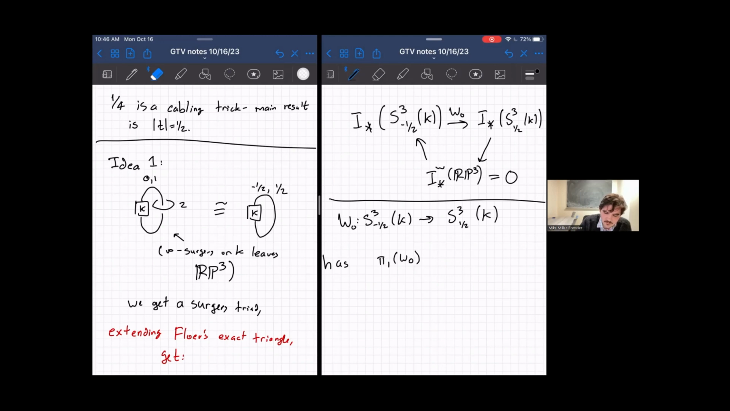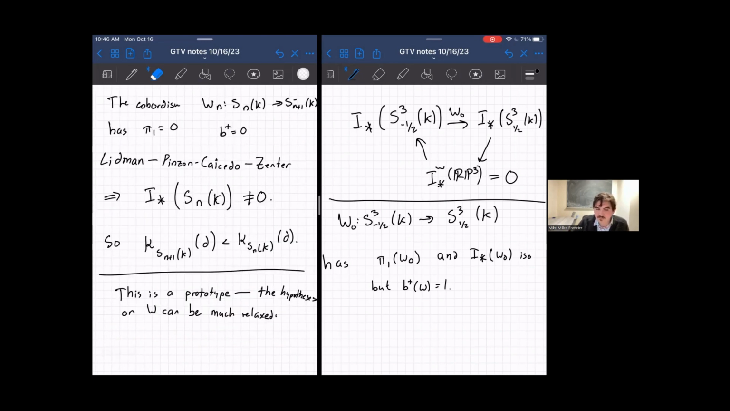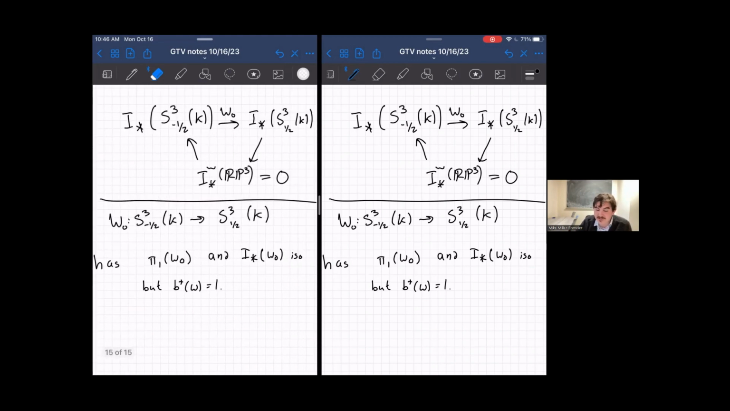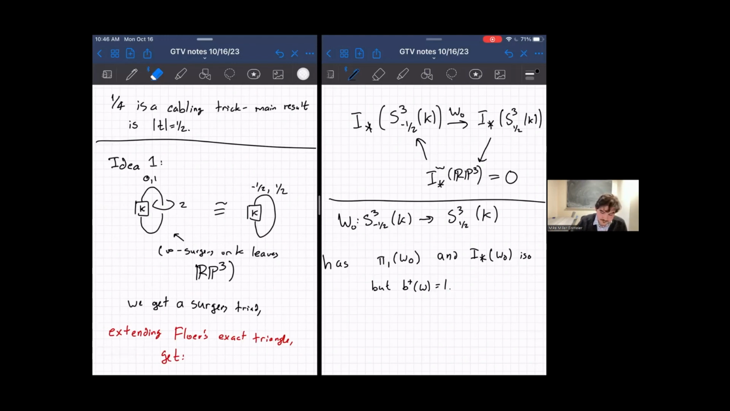It's simply connected. I star of W naught is an isomorphism. But B plus of W is equal to 1. You still get a sort of inequality, just like we did back here for these kappa invariants, but the inequality doesn't end up giving you any sort of information. You get an inequality that is not interesting. You could easily believe that that inequality is compatible with the cosmetic surgery conjecture. However,